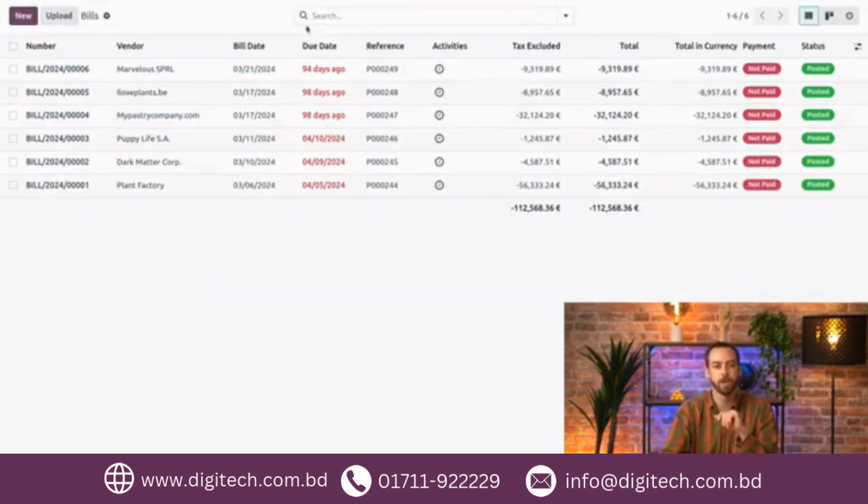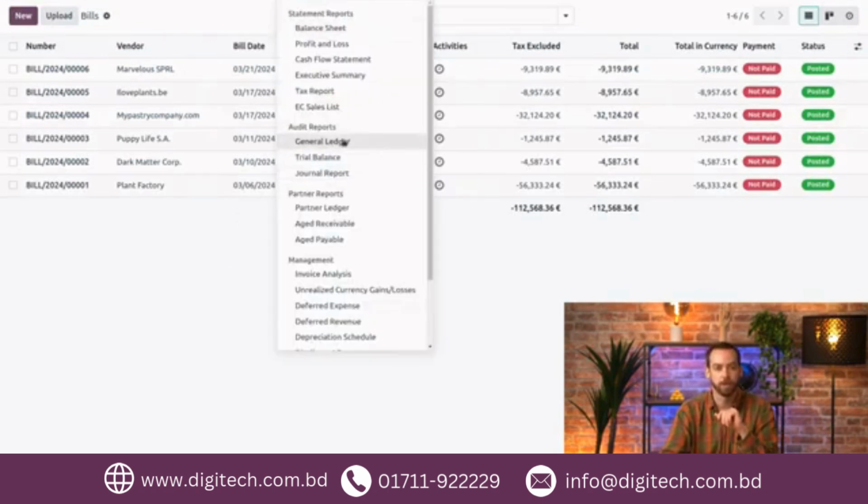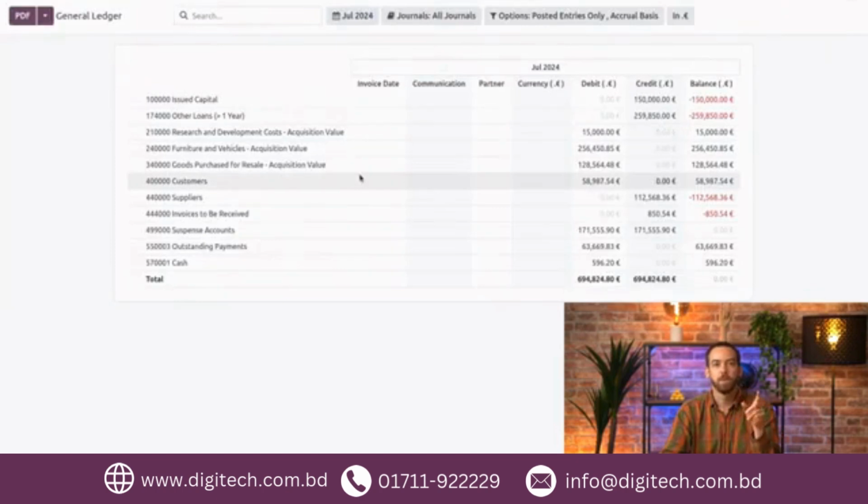So let's take another look at our general ledger. And we can see that we do now have those balances in our customers and suppliers, the receivable and payable accounts. And that 499 suspense account is fully balanced. So all that we have left to do is create our opening bank transaction and reconcile. So I'm just going to copy this bank amount for our opening balance, and we can go back to the